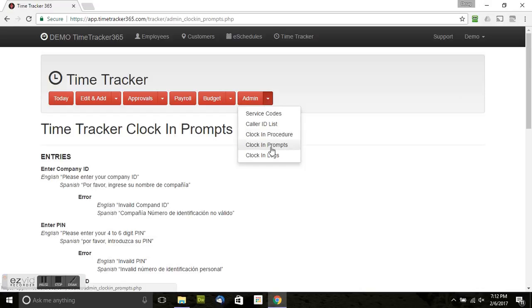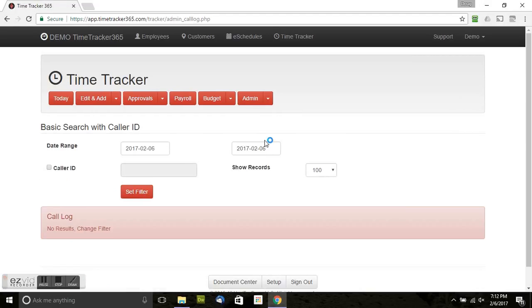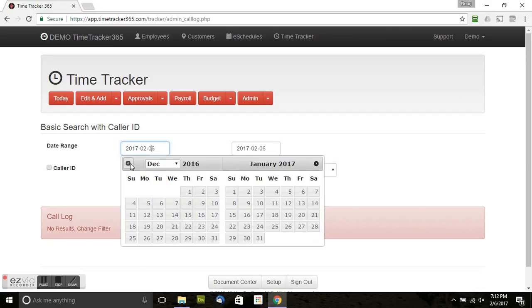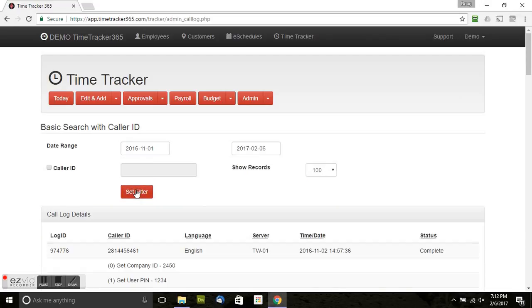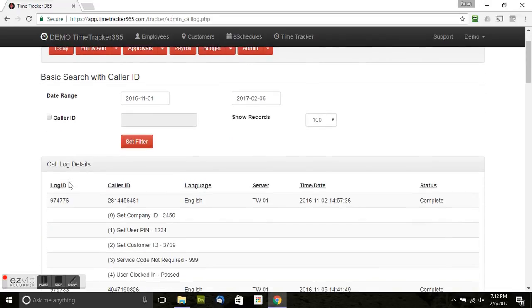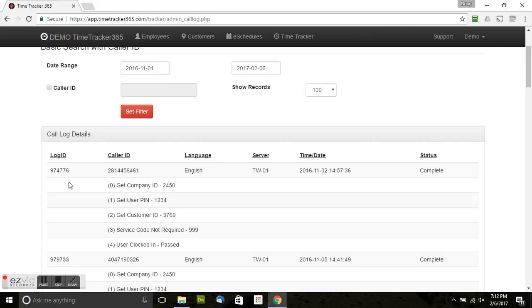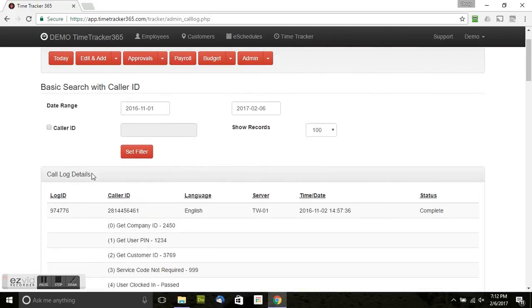And the final thing is clock in logs. This screen is a very powerful screen. I don't think I have a lot of data in here that I can show, but let me see if I can go back and find something. What it is, is a list of every single call that comes into the system, and it shows you what happened during that call. So ideally, the way that you would use this screen is you would find the caller ID